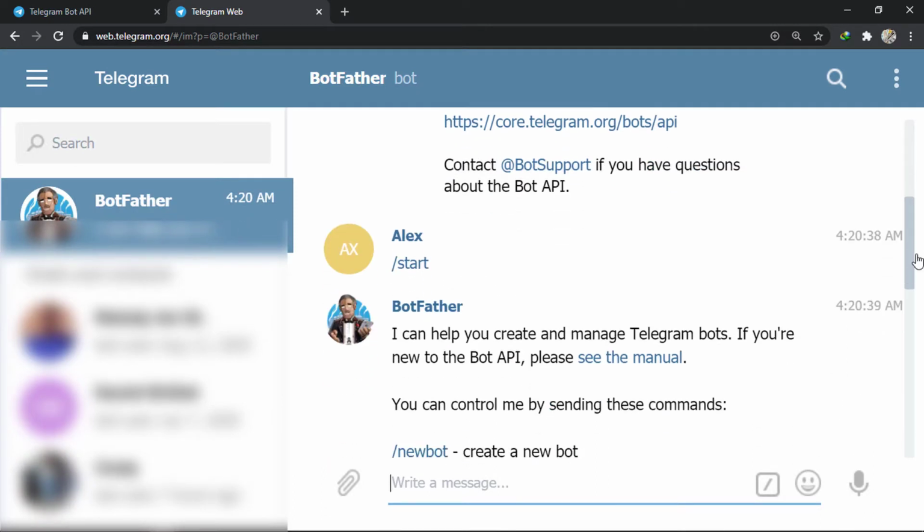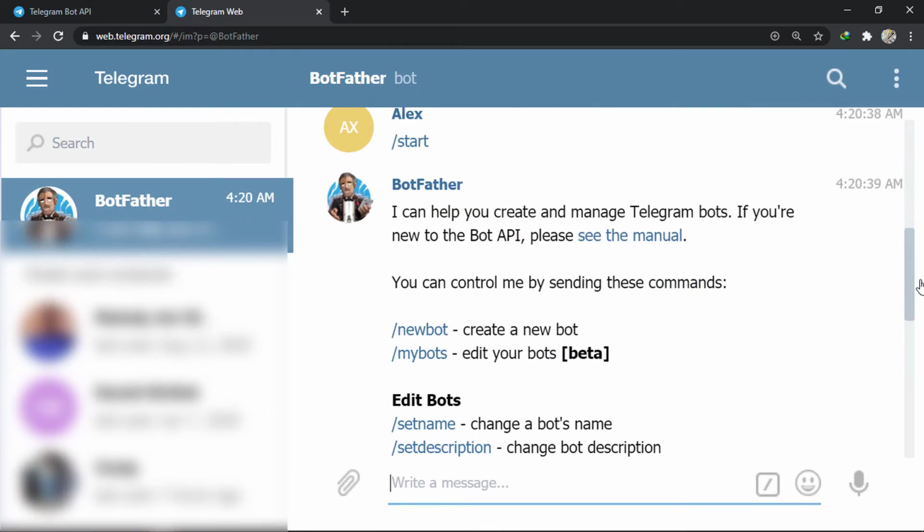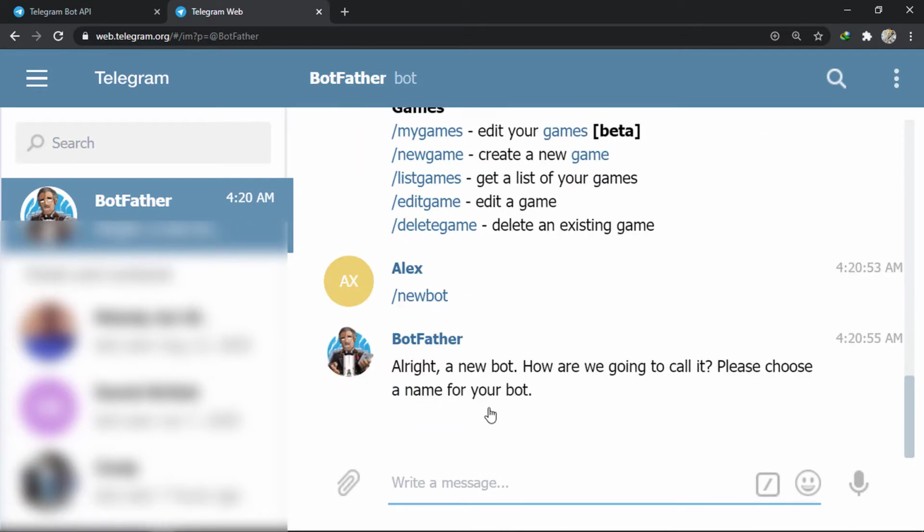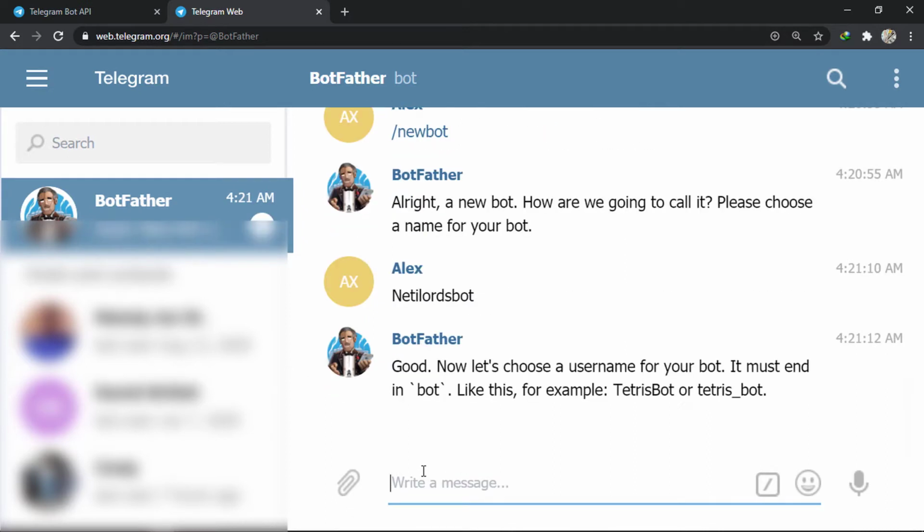When you click on start, it's going to bring up many commands, so click on the first one, new bot. After that, it's going to tell you to choose a name for your bot. So let me write Natilot. Then it's going to tell you to choose the username for your bot. So let me call it